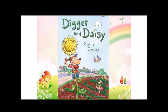This week's story is called Digger and Daisy Plant a Garden. Look at the picture. You can see Digger has climbed a big flower. Do you know what flower that is? It's a sunflower. Daisy is waving to him. She is standing in a garden. In a garden, you can plant something beautiful like flowers, or you can plant something to eat like fruits and